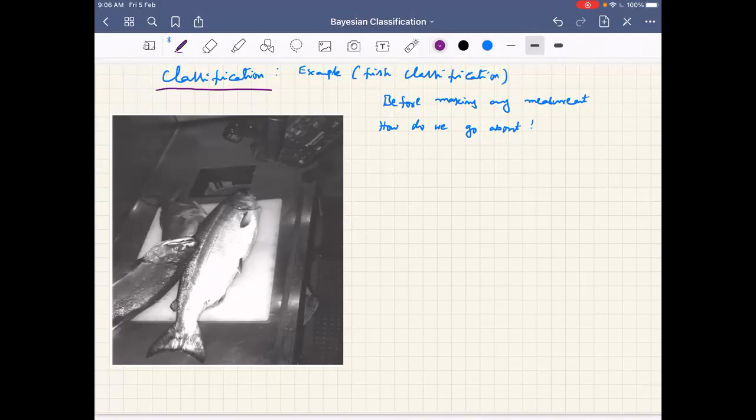Such information can be obtained from the fishermen who usually take the fishes from there. Say we have two classes, class 1 being salmon and class 2 being sea bass. They may say that in this region sea bass are more common. Roughly, among the fishes they collect in a day, about 70 out of 100 are sea bass and 30 are salmon. This information may be obtained from fishermen.